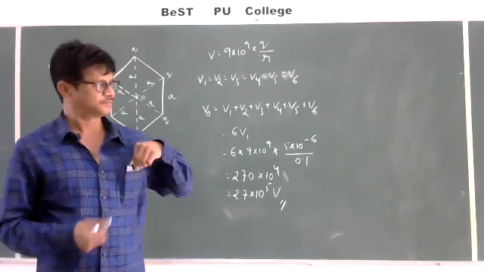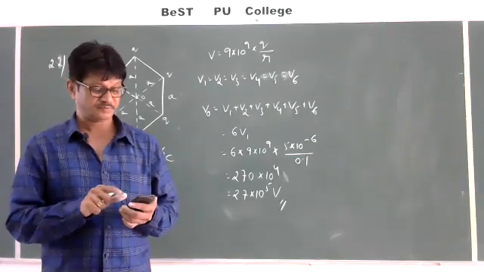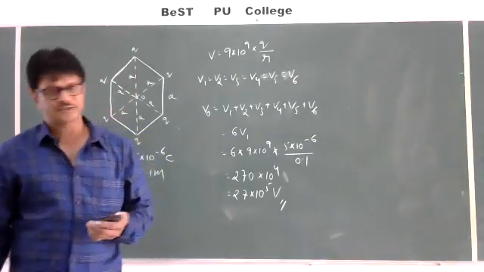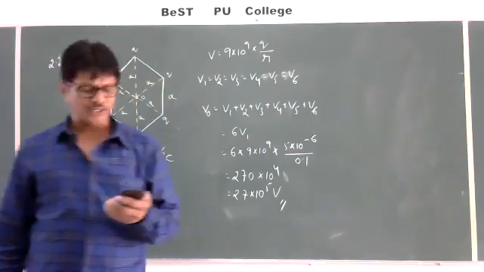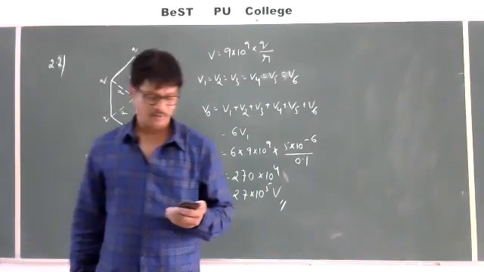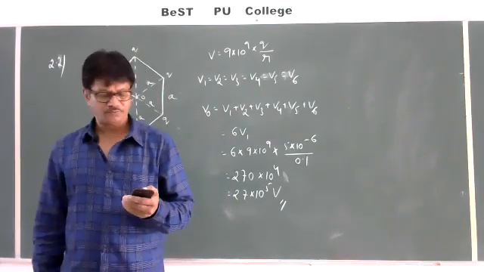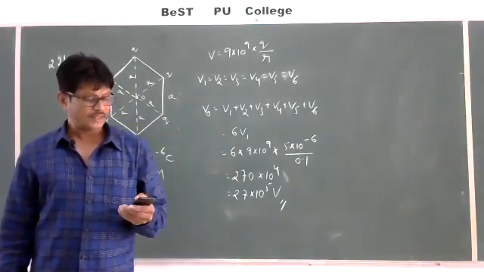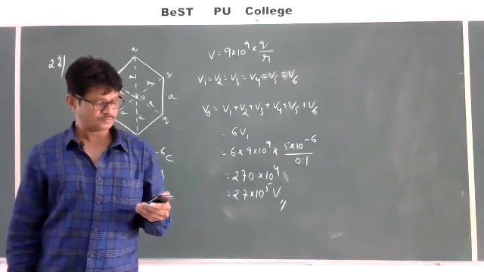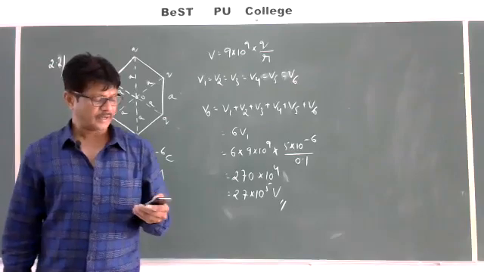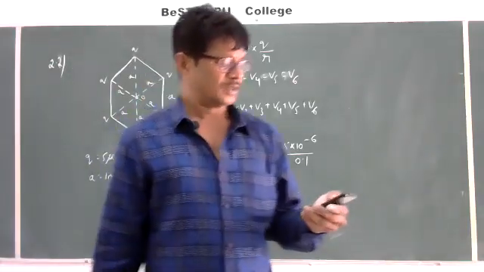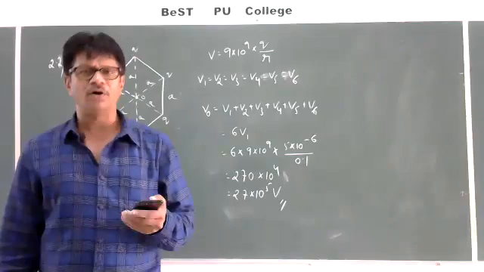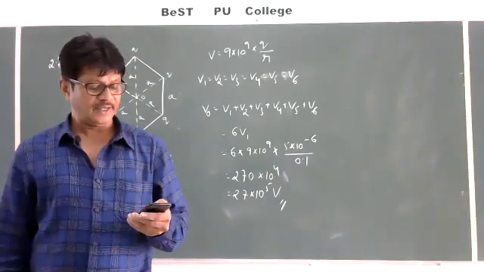Next, third problem. Third problem. Two charges, 2 microcoulomb and -2 microcoulomb are placed at points A and B